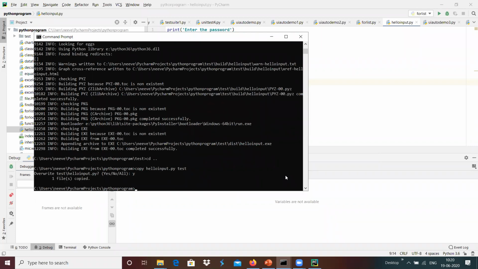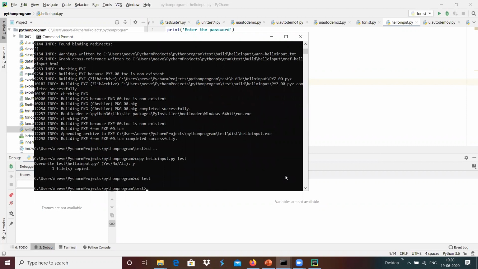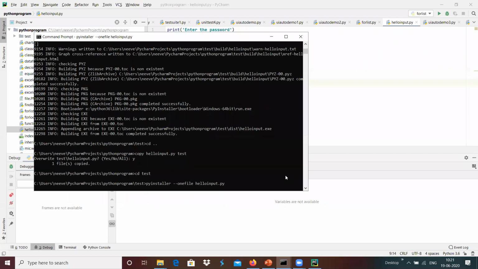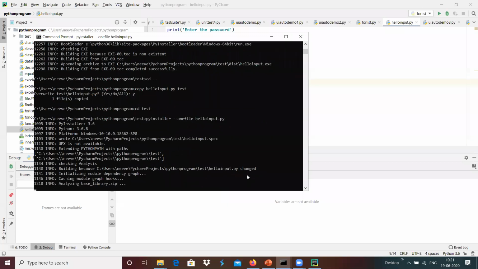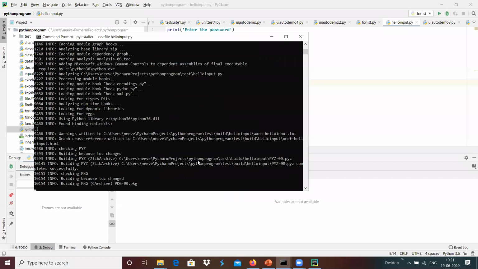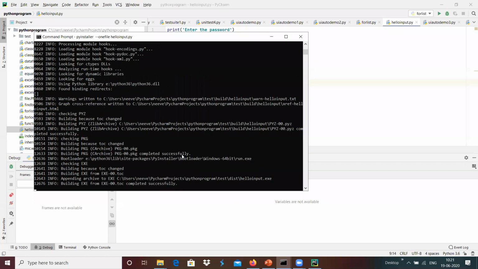Yes, one file copied, and I'm going to run PyInstaller with one file hello input.py, which is going to generate a single exe from the Python file.